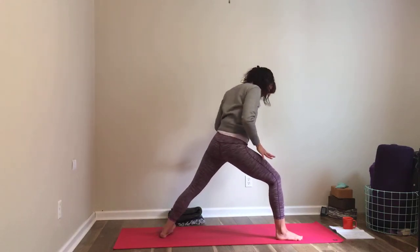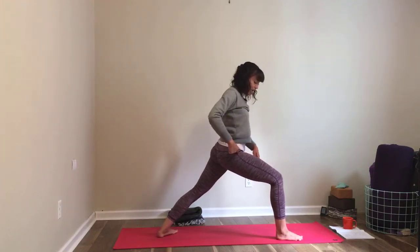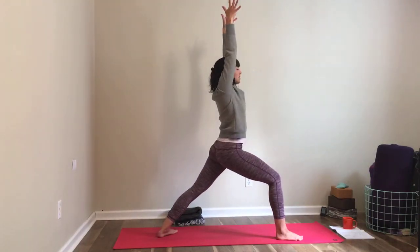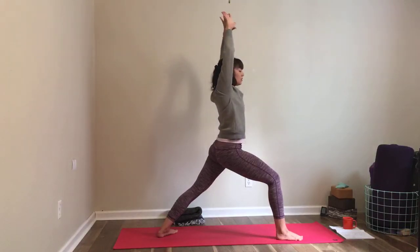So I'm going to just lessen my stance by taking my back foot in a little bit so that as I draw my hip back, I can keep my front knee over my front ankle. Lift your arms up as you inhale. And then as you exhale, draw the drawstring of your belly button down, lower your elbows down, maybe bring your